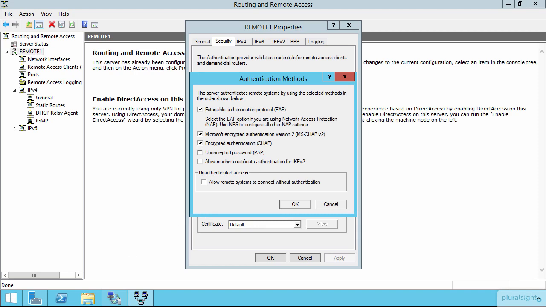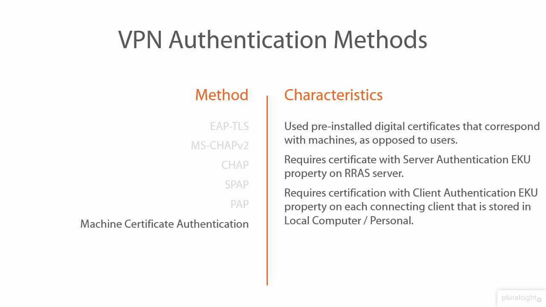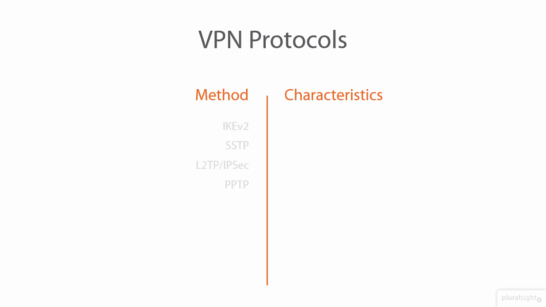Now, based on which of these you do select, as well as some of the other requirements that may or may not exist on your clients, your RAS server will choose one of 4 different protocols in order to connect that client in with your internal resources. Let's take a look at what those protocols might be, because there are indeed 4 of them that go in